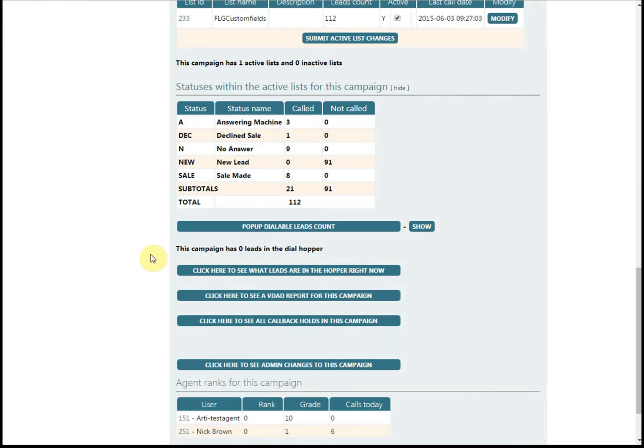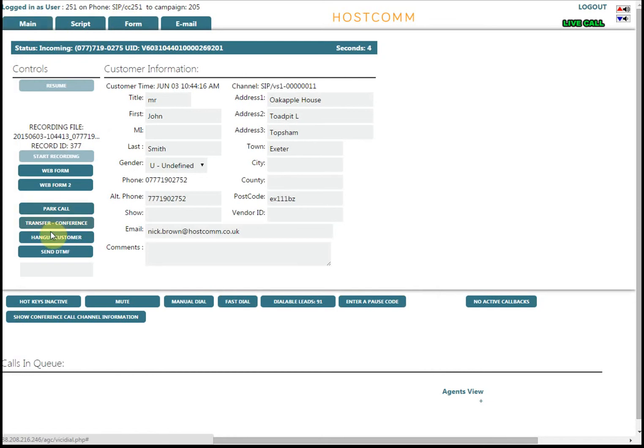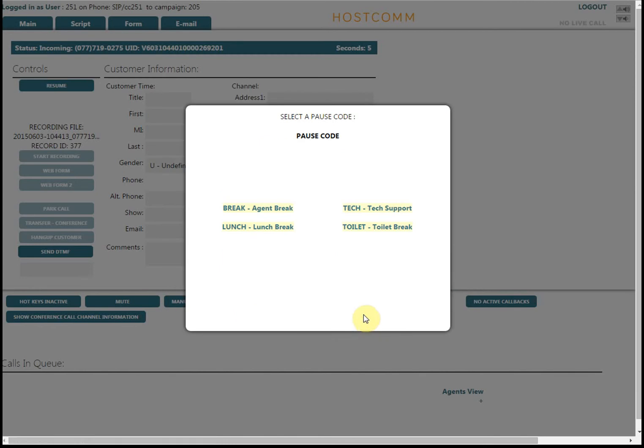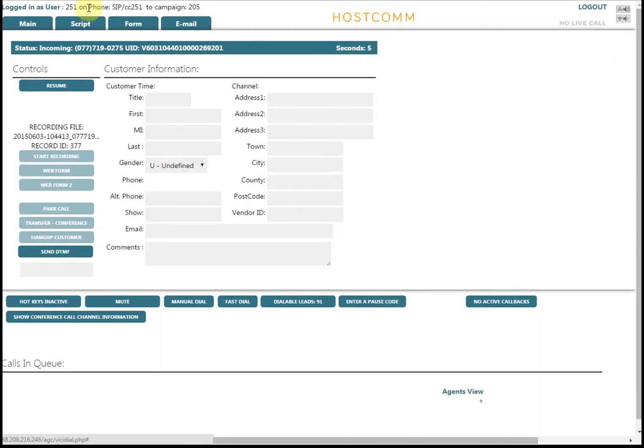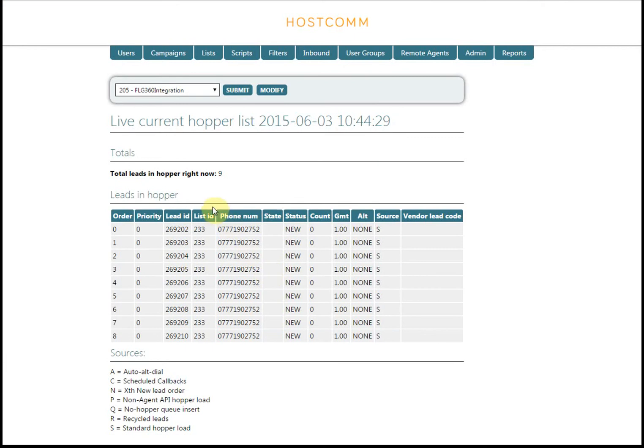Now there we go, so the hopper is now populated and it's started to pull the first call, so I'll just take that call and deal with it, and I'll just say that was a no answer, and I'll pause the session so we can just crack on with this. We're in a tech support break. Okay, so if I look at what leads are in the hopper now,